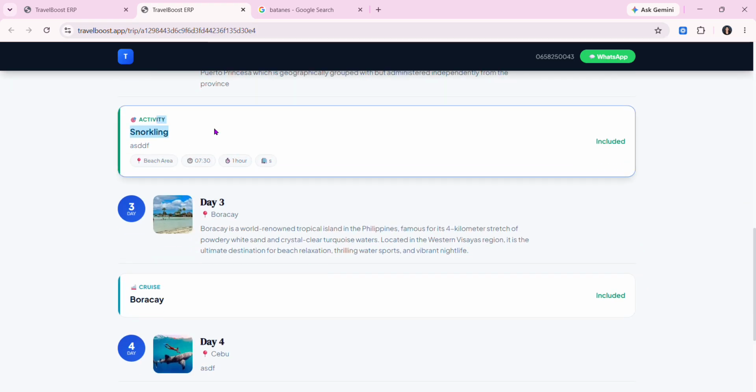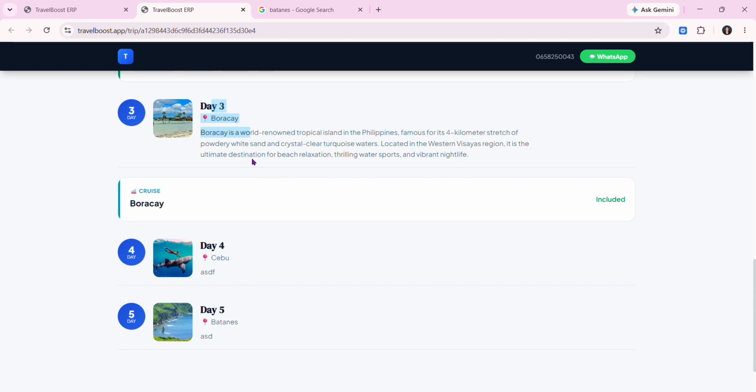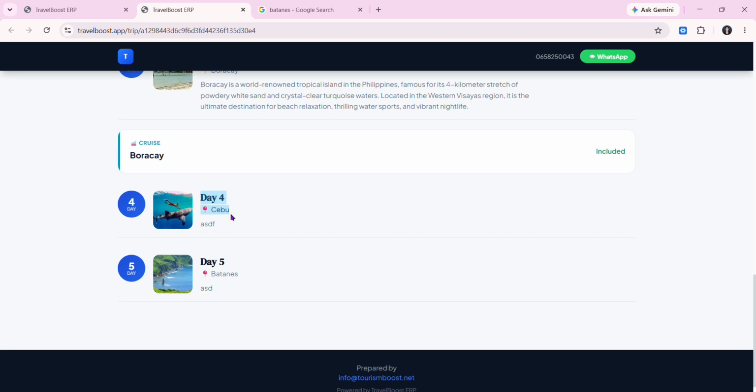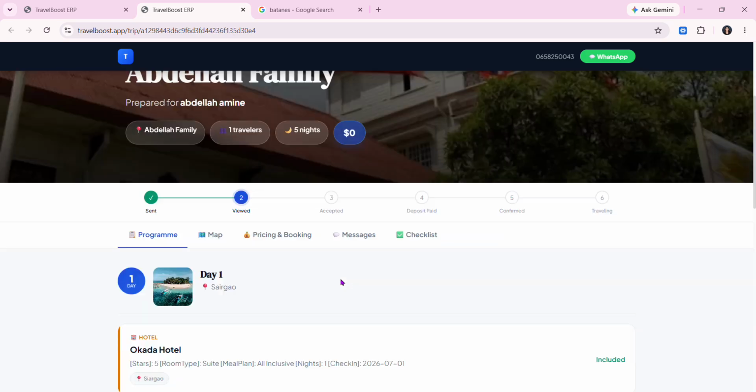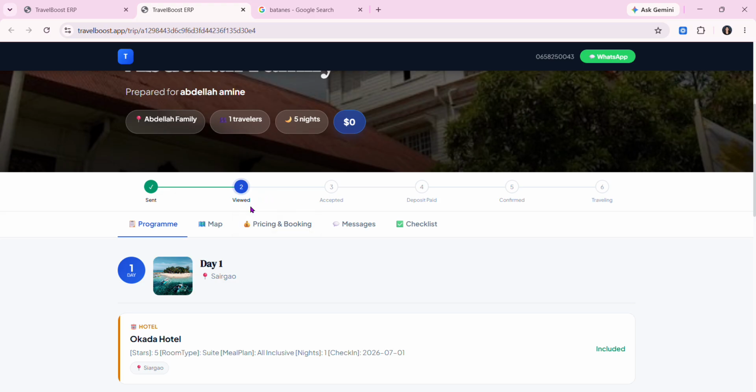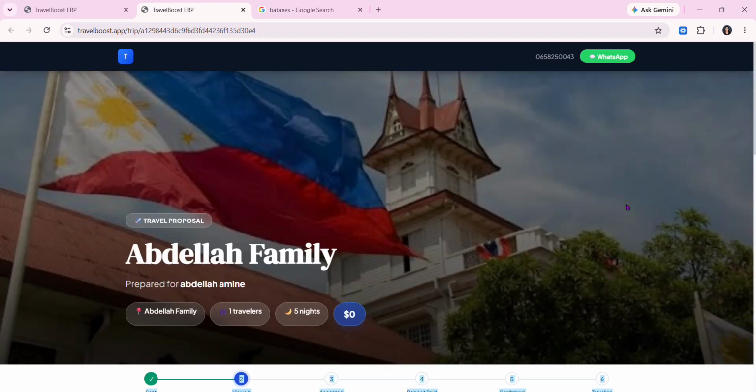Day 2 is Palawan, the activity is snorkeling. Day 3 is Boracay, cruise. And then day 4, Cebu. And day 5 is Batanes, which is free time for him. And then here we can see the stages: if it's sent, viewed, accepted, deposit paid, confirmed, and traveling.